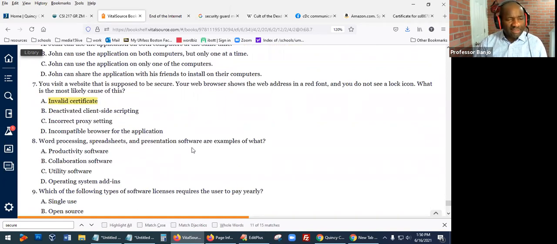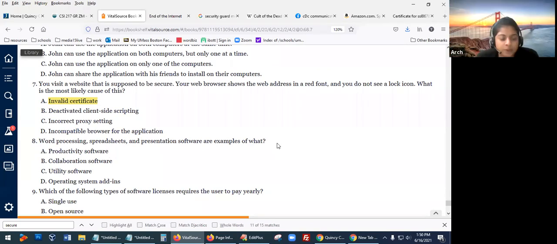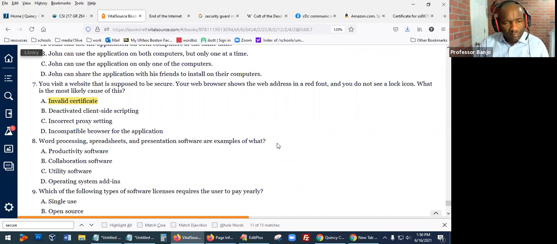Okay, number 8. So this is about the different types of software. I think we talked about this before. So word processing. So Arch, let's stay with you. See if you can answer number 8. Word processing, spreadsheets, and presentation software are examples of